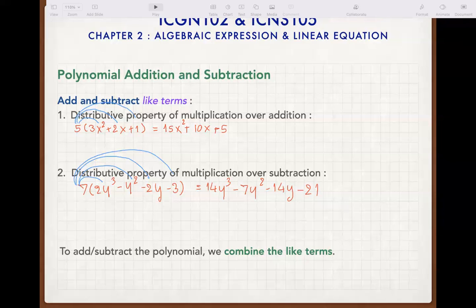And to add or subtract polynomials, normally the way that we do it is that we combine the like terms first, in order to add and subtract. That will make the addition or subtraction be done correctly. For example,